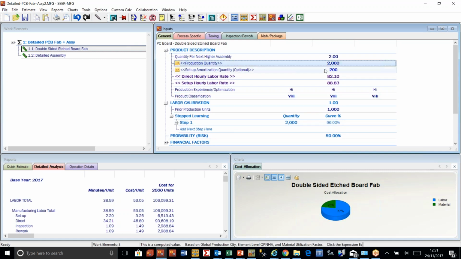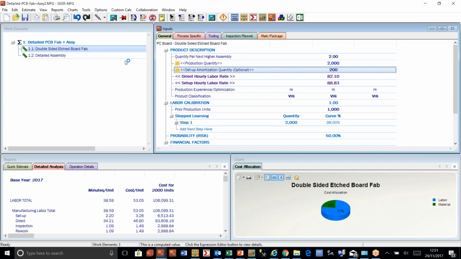In this case, we're making 2,000 boards in batches of 200. We've made 1,000 boards before, and we're going to stop our learning at the 96th percentile, so we can include learning or not, as the case may be. We do Crawford and Crewe, cumulative average, and unit learning. If you're in very high volume commercial production, washing machines for example, then learning curve is probably not a consideration, but within aerospace and defense, learning is a real consideration because of the